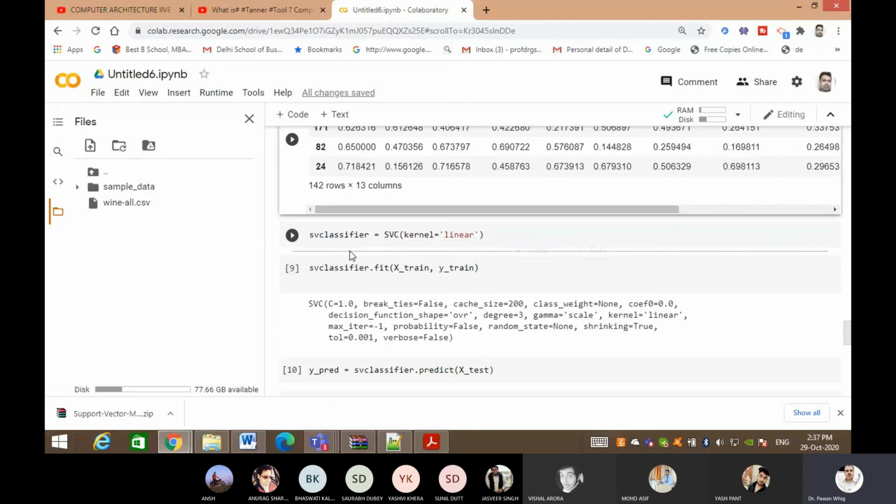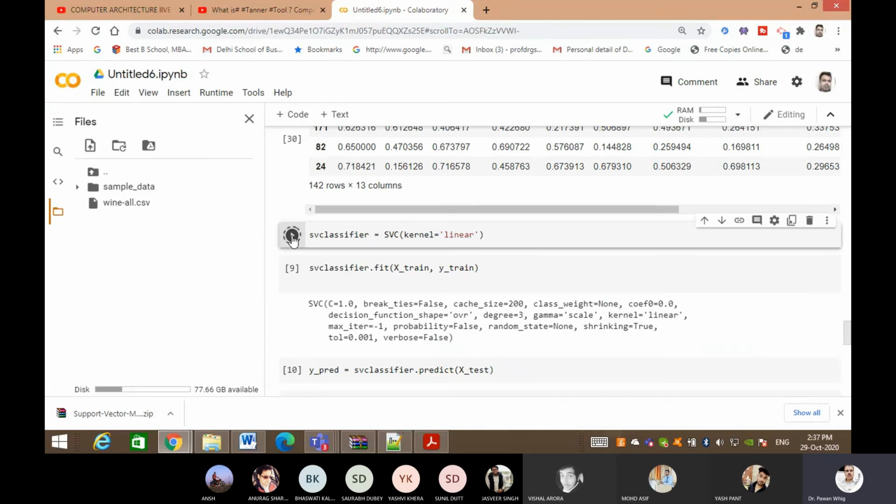After that we use the SVC, support vector classifier, here. Earlier we used linear regression or multiple regression. Now since we are doing an SVC classifier, once I run this, inside SVC we have taken the linear kernel. You can take others as well, because it depends on the dataset. If the accuracy is less, then we can take another kernel, but right now we are using kernel as linear. So once I run this, after that we have to fit the SVC classifier. First of all we took the classifier and then fitted it.